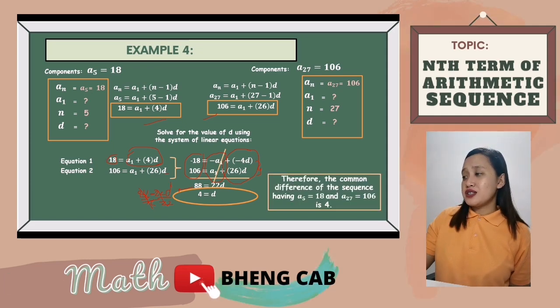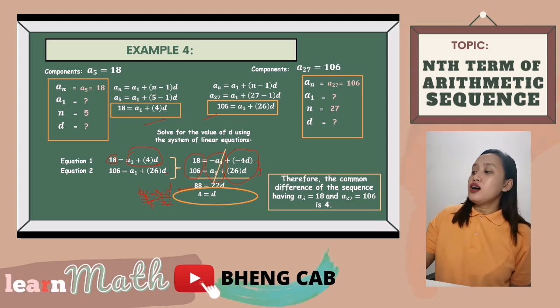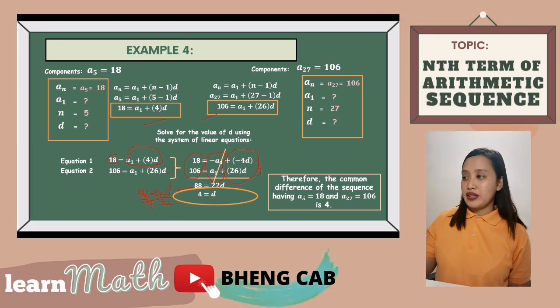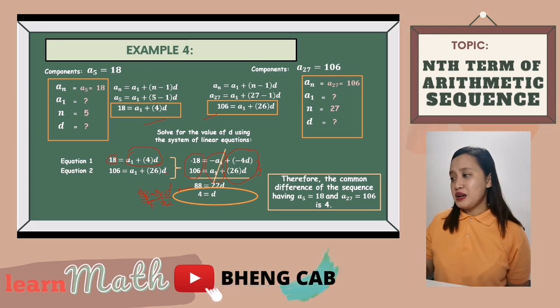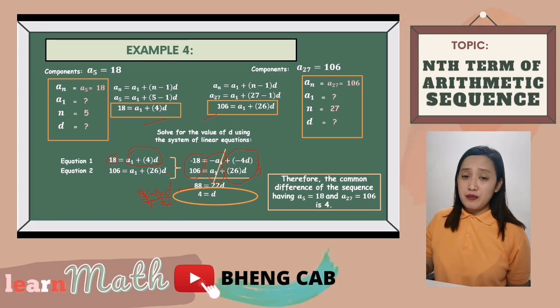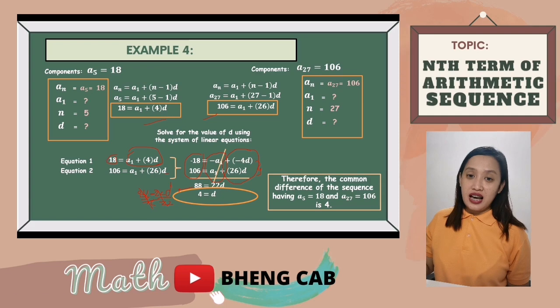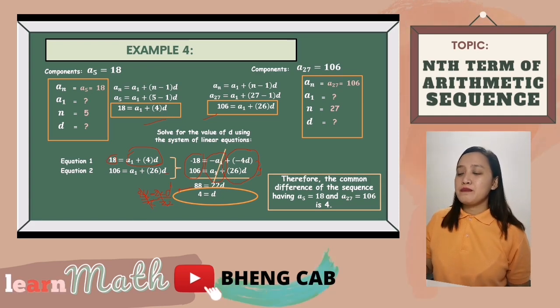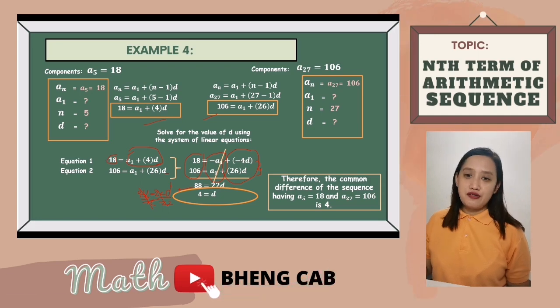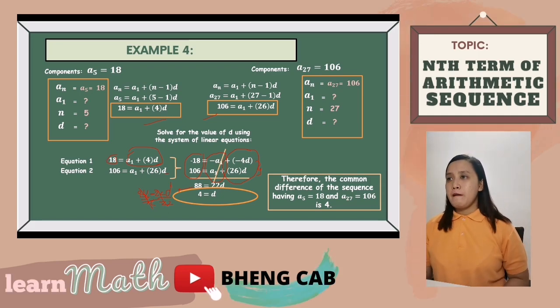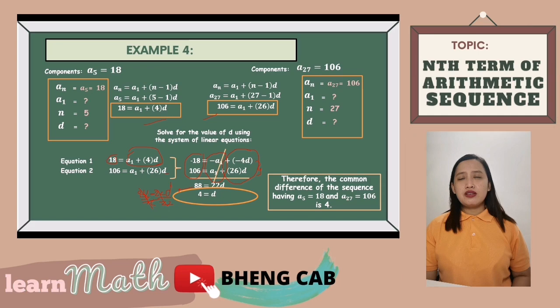Therefore, the common difference of the sequence having a sub 5 equals to 18 and a sub 27 equals to 106 is 4. Okay? So, ibig sabihin, kung gusto mong mahanap yung susunod na number, yung from a sub 5 na 18, mag-add ka lang ng 4. Ang a sub 6 natin ay 22. Following by 26, 30, 34, so on and so forth. So, ganun lang po kasimple. Yung arithmetic sequence, yung given naman niya, it's a matter of how you try